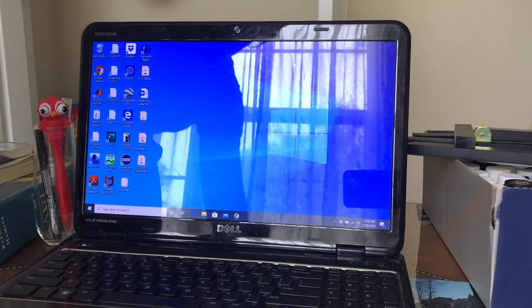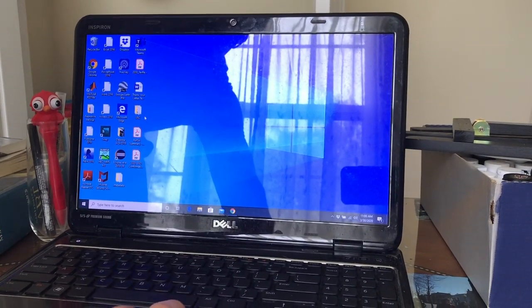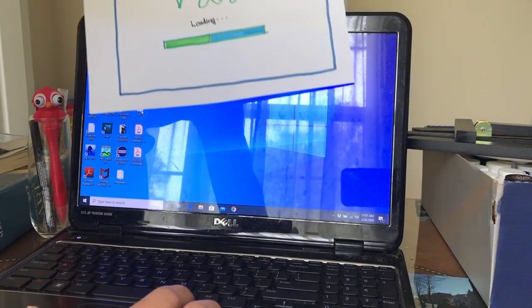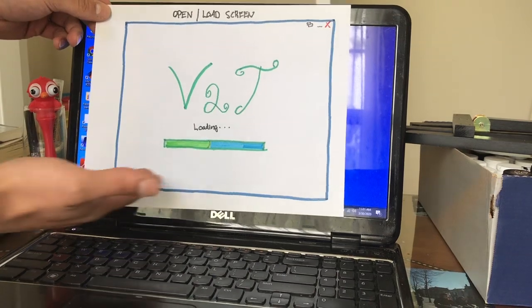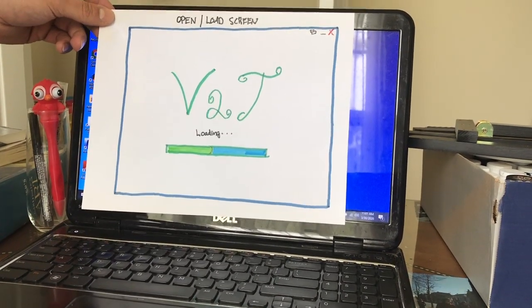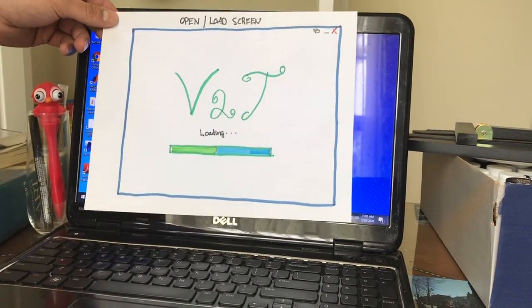So let's just say that you're on your computer and you decide to open it up. We'll just click that, and it starts opening up V2T. We have a nice loading screen. It might have a bar to show you that it's getting everything ready and initializing. It could also be a spinning wheel of death. And then after it's finally loaded,